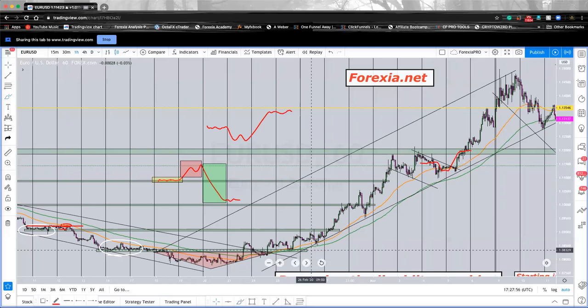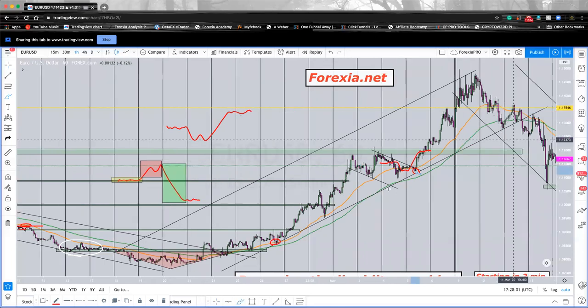First touch, second touch, and now the third touch. My bad, 1, 2, 3. And now it's confirmed, it's validated. And one down here, and more up here. So this trend is validated.